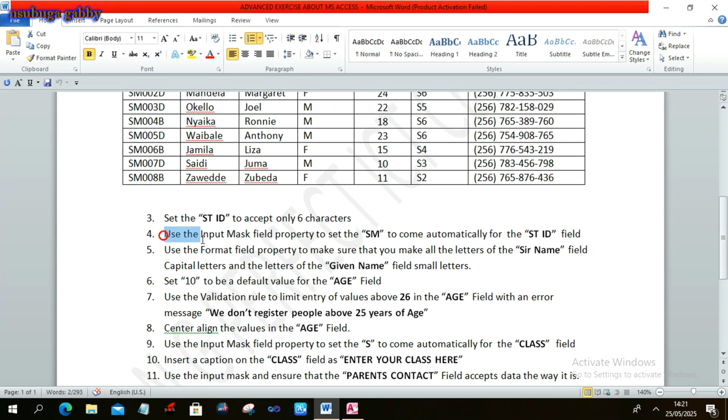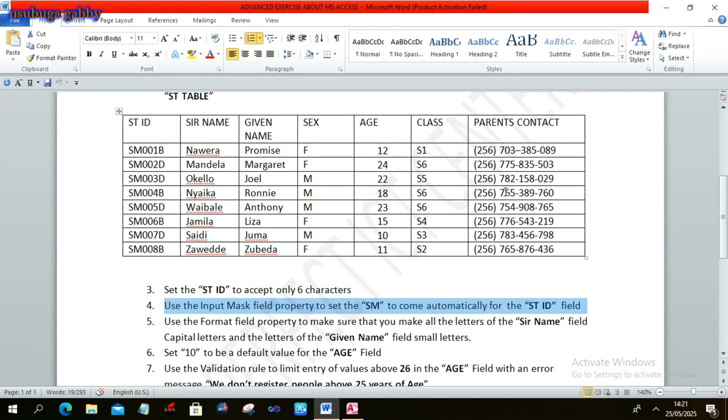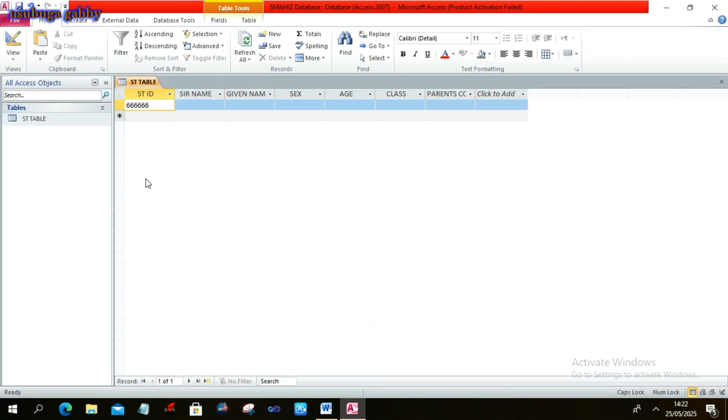Use the input mask field property to set SM to come automatically for the STID field. Oh, they want us to set this SM of this STID field to come automatically. It is SM00 and then there is a number 1 and then a letter B, which identifies whether it's a boarding or the students. Oh, so we shall come here and then say right click here, go back to the design of your table,